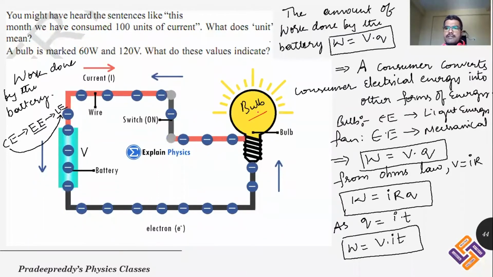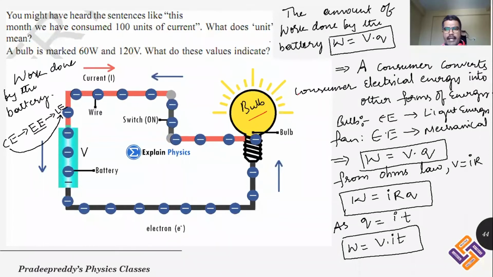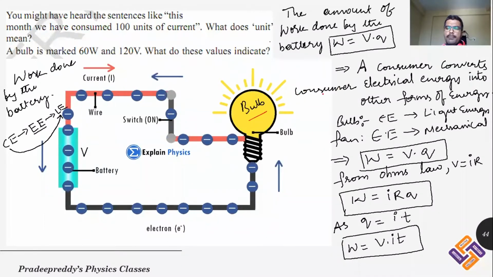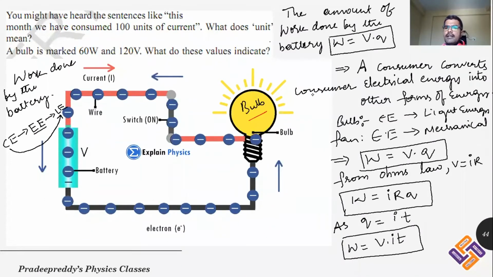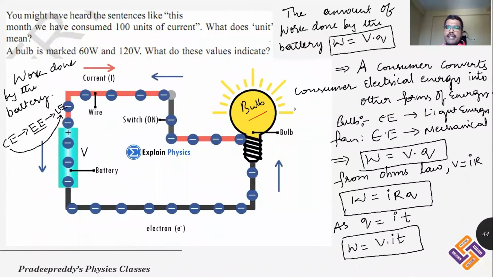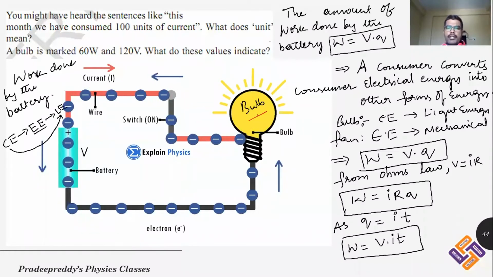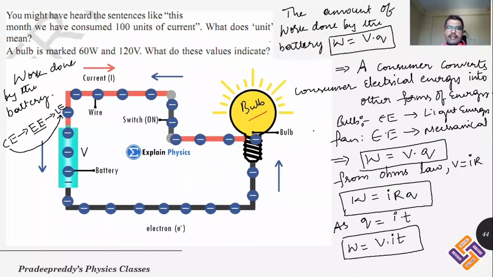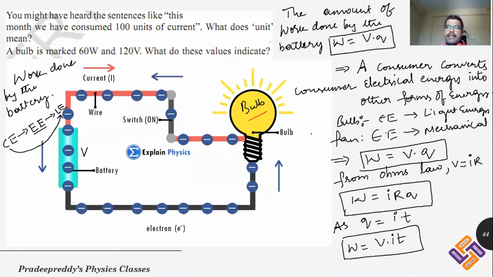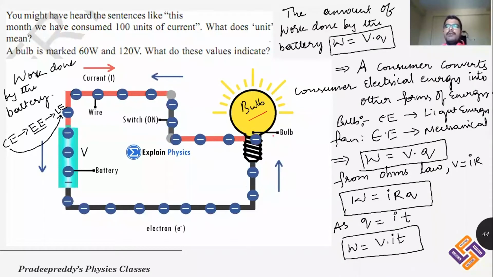These consumers can be of different types: a bulb, a tube light, an electric fan, a mixer grinder, a TV, a refrigerator, any component it can be. That component will have a capacity of consuming some amount of energy. So depending on the number of consumers present in our electrical circuit, there will be that much amount of energy